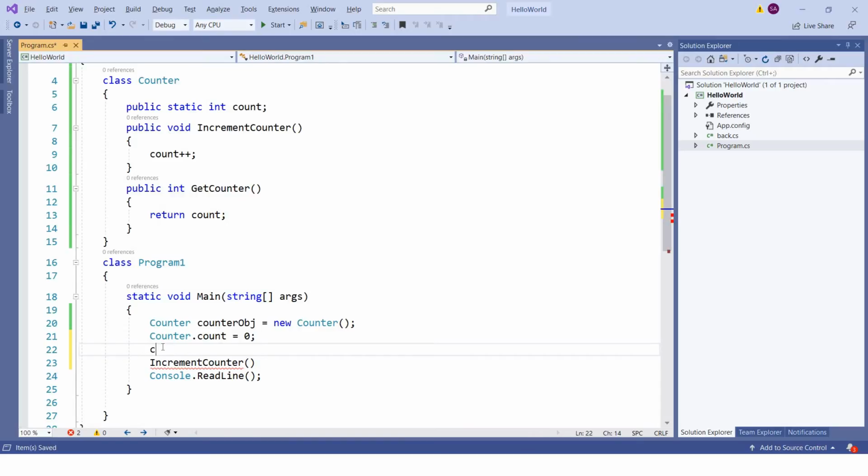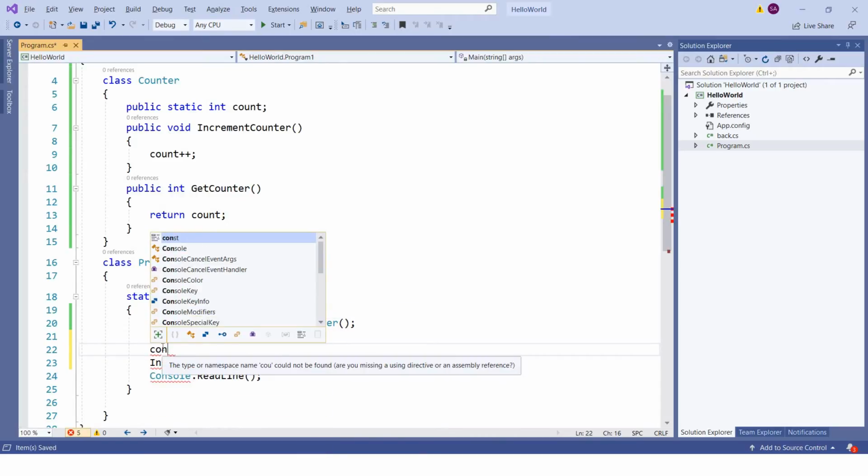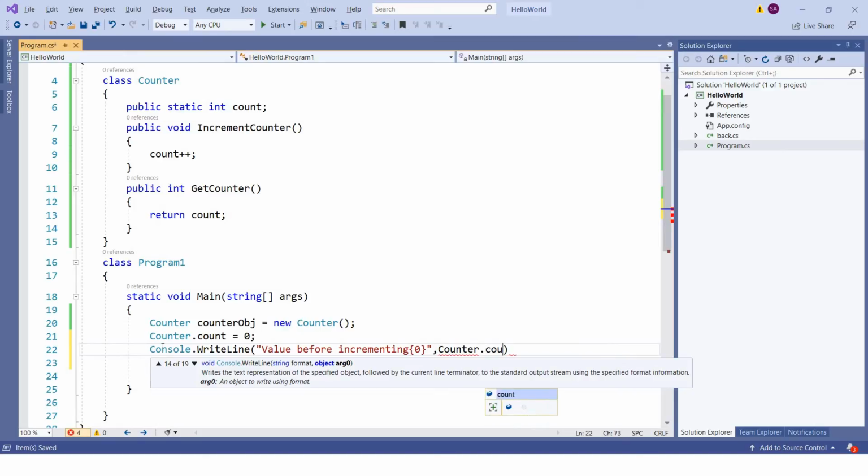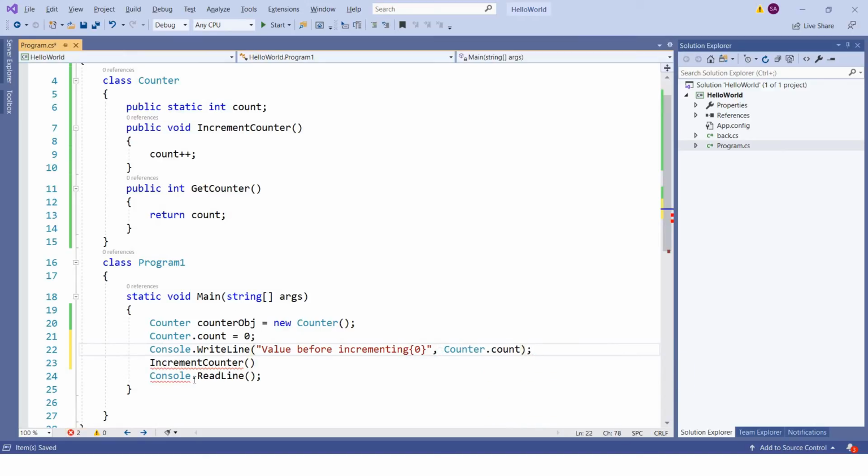Before this, let's add a Console.WriteLine. Now I'm calling IncrementCounter twice. But as we know, for any non-static member we need an object, so let's provide the object.